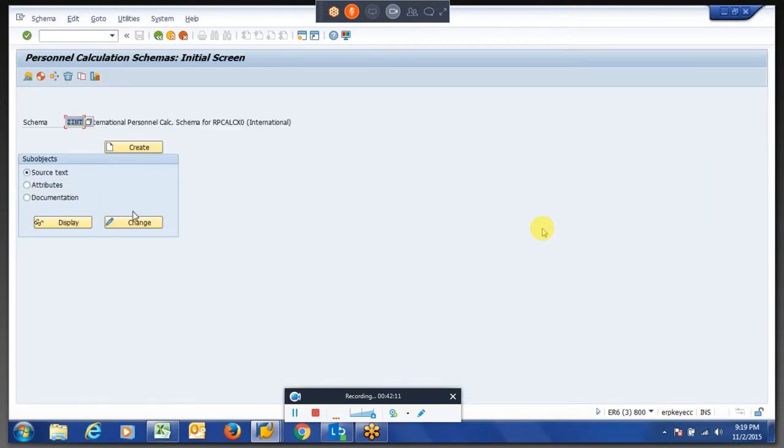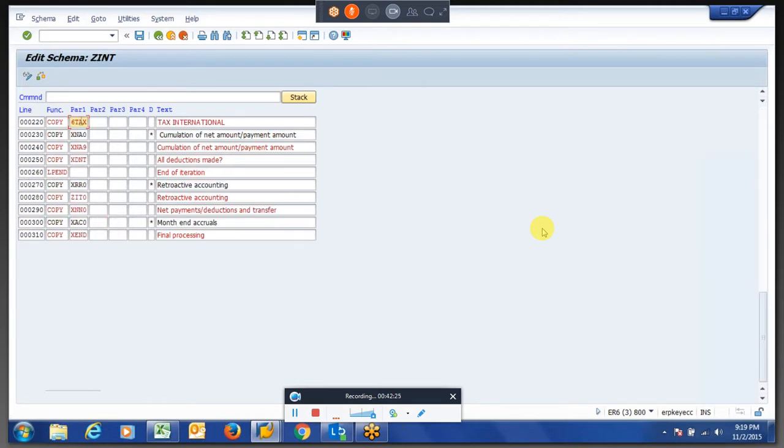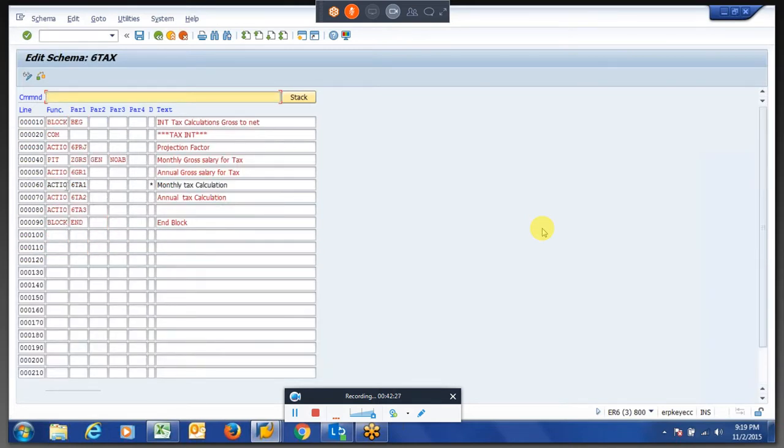So this is the main schema which we copied from the international schema, where we inserted the tax related schema. So we have to insert here before the tax calculation. So here I am using the PAT function.